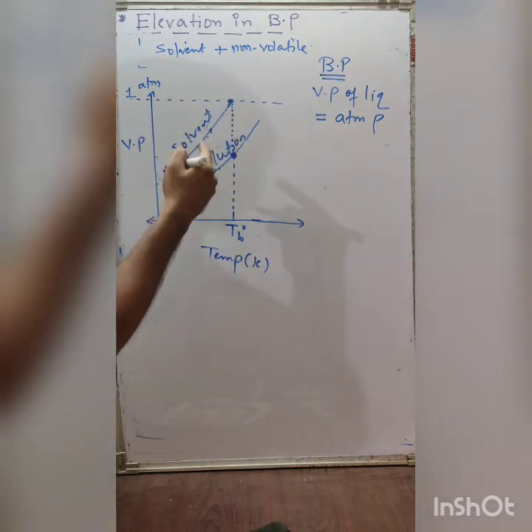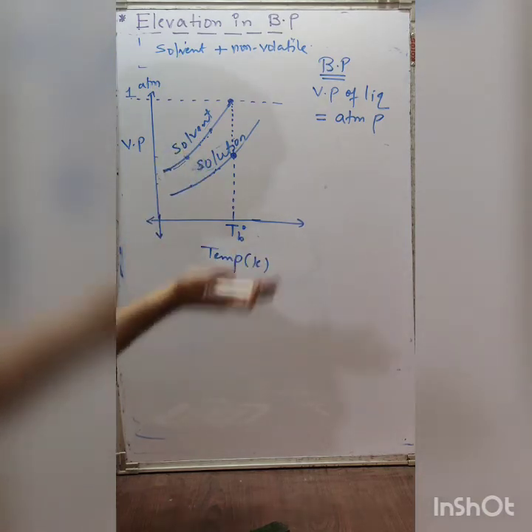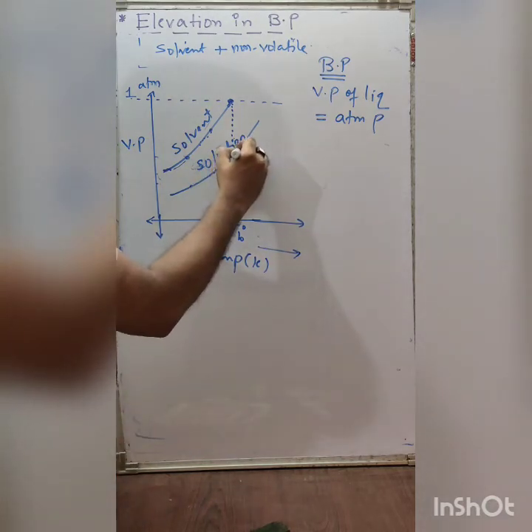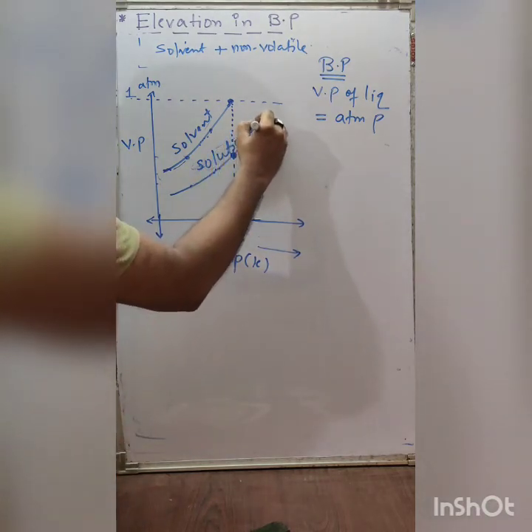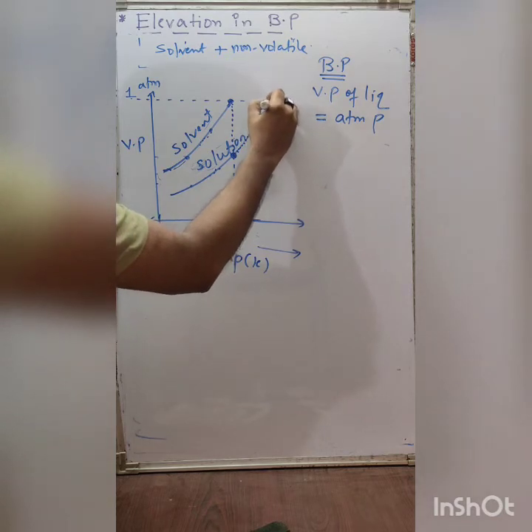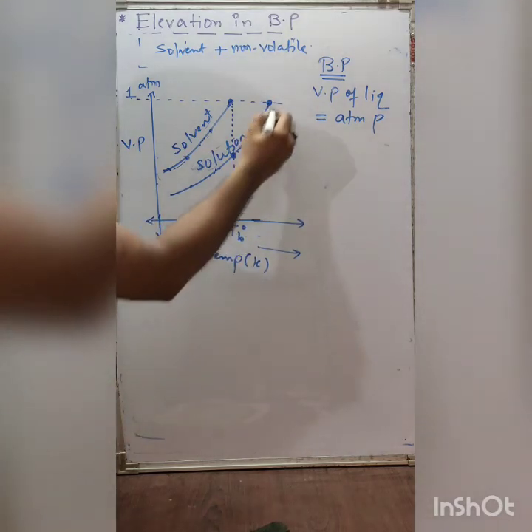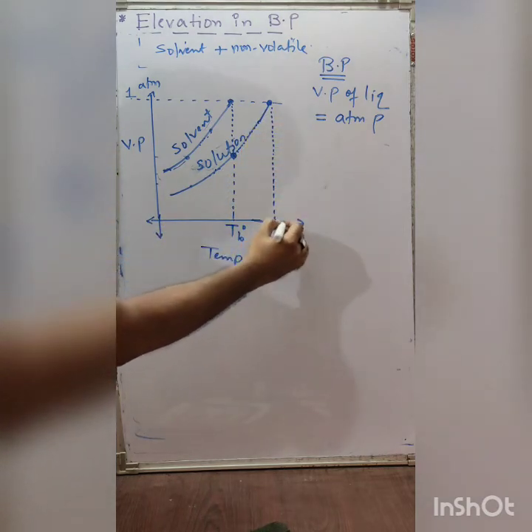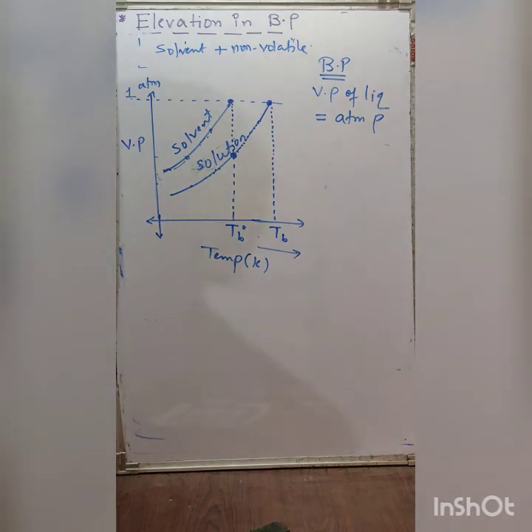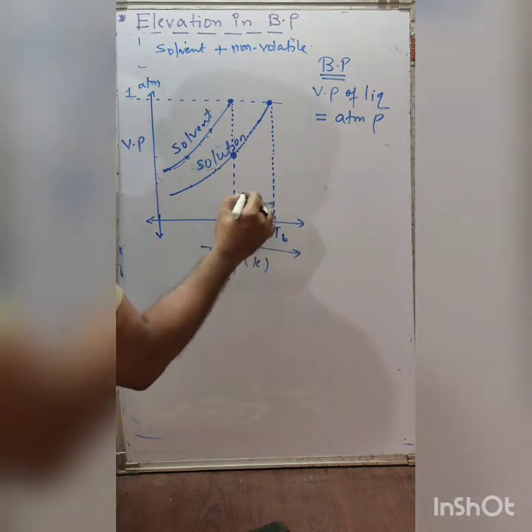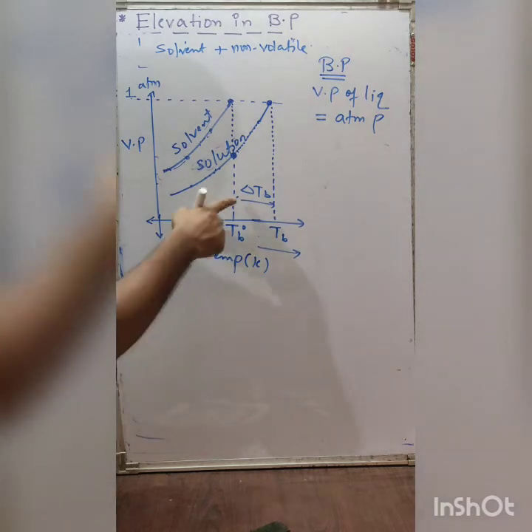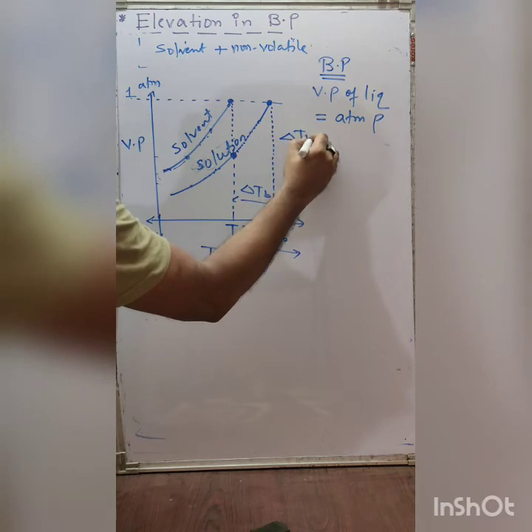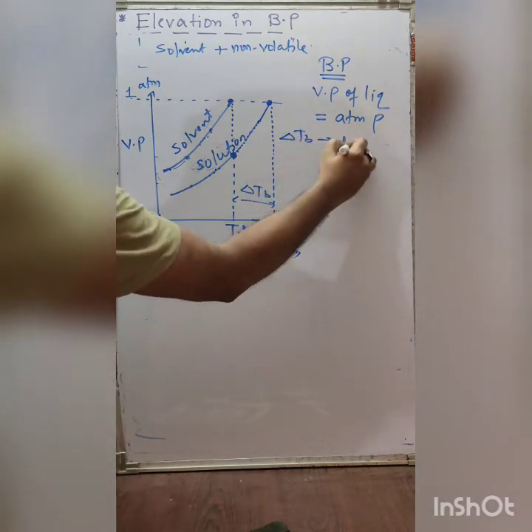So in order to boil the solution, we have to increase the temperature. Once I increase the temperature, the vapor pressure of the solution increases. It goes on increasing and becomes equal to atmospheric pressure. So I can say that at this temperature your solution will boil. So I can say delta T is called the elevation in boiling point due to